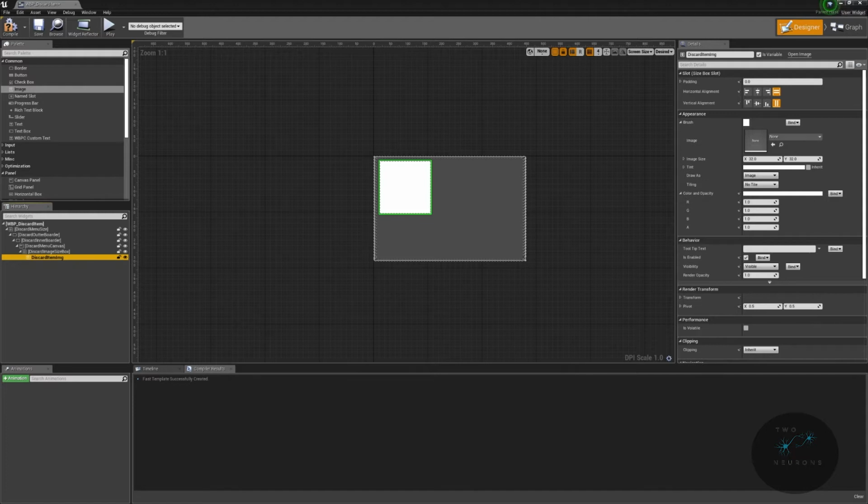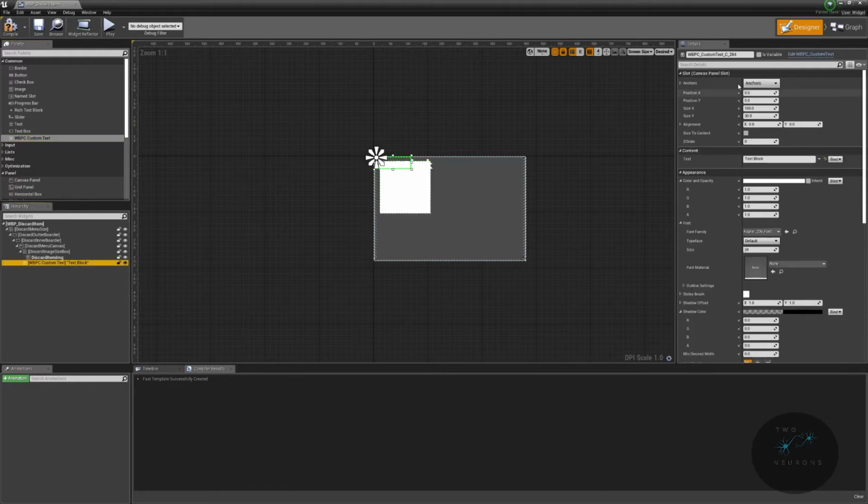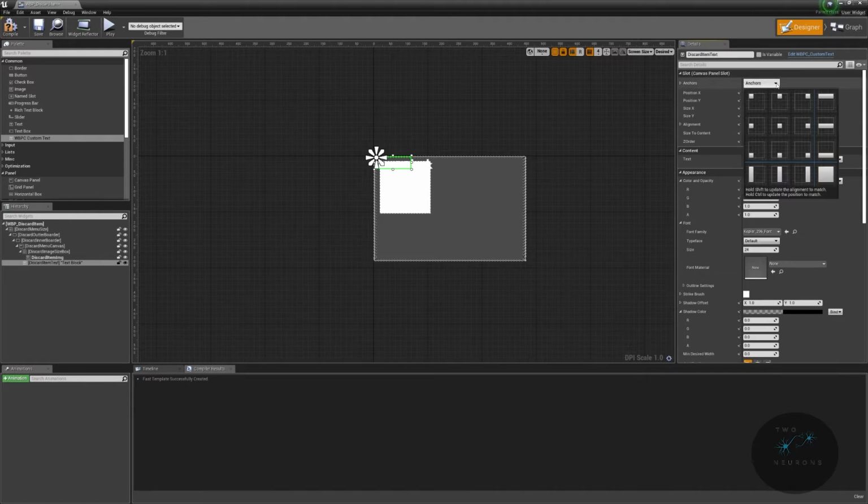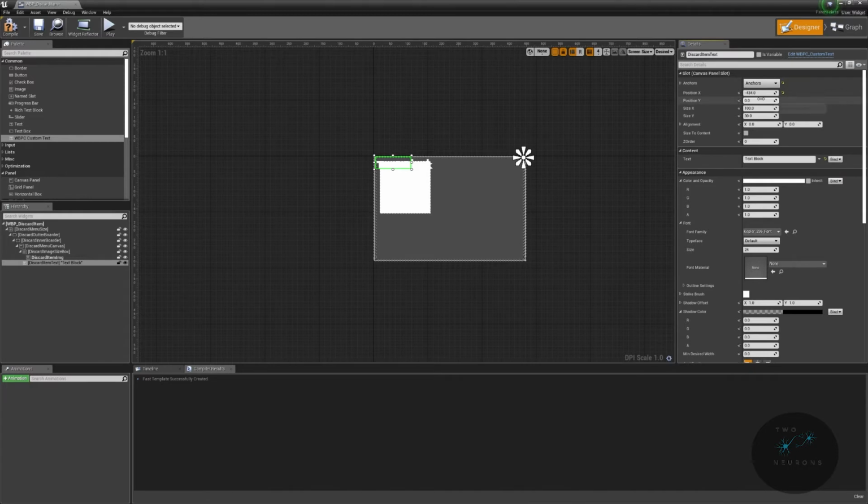Next, what we'll do is create a text in this area that will say what our item is. So grab your WBPC custom text, because that has our font included. Drop it onto the canvas panel. Select your text and let's rename this as discard item text. We're going to put this in the upper right corner, and set the position X to -248, position Y to 0, size in the X-axis to 225